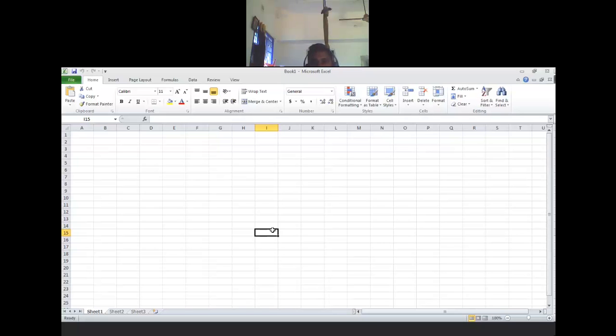Many things we discussed, a few basic formulas, addition, subtraction, all those, find and replace, sort, filters, ascending, descending, etc.